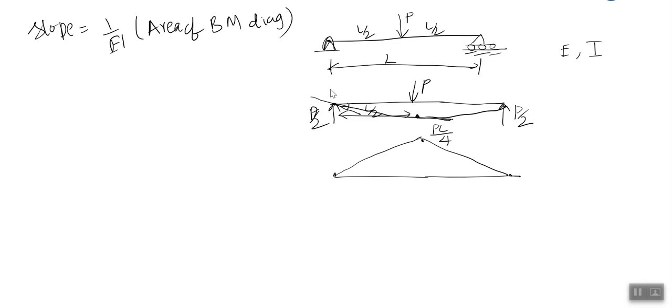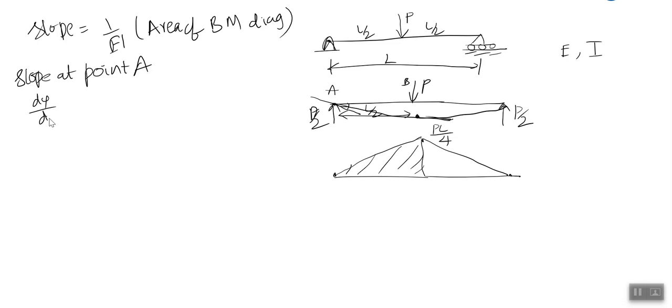So we have 2 points, here is A and B. The slope difference between points A and B is given by the area under the bending moment diagram between points A and B. So we have to find out the area under the bending moment diagram, this one, between the points A and B. So the slope at point A,